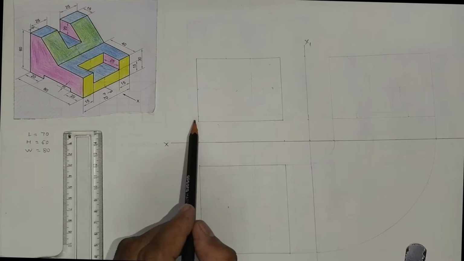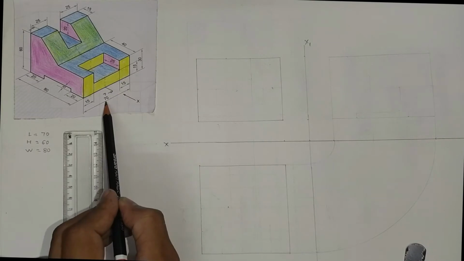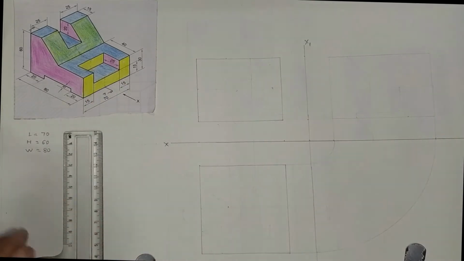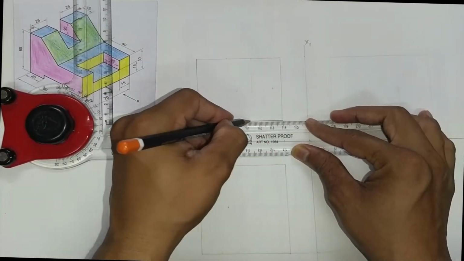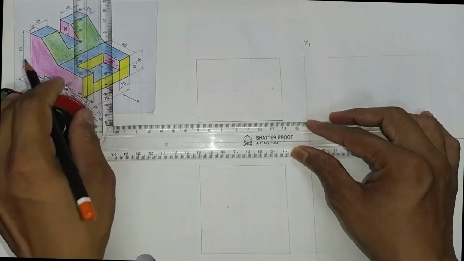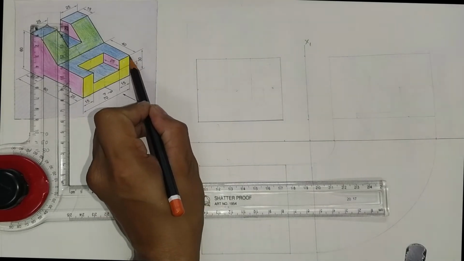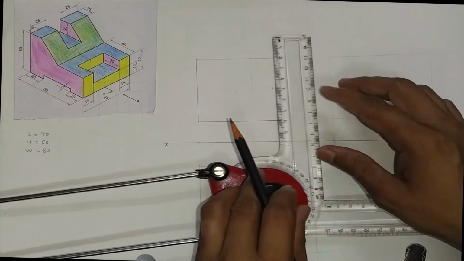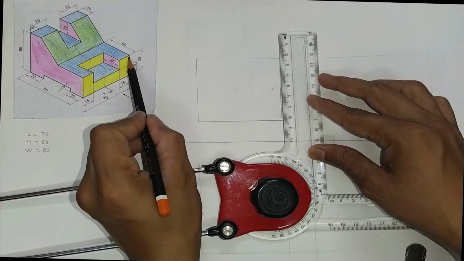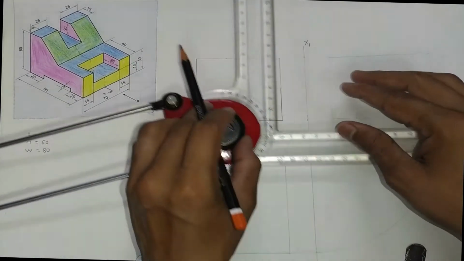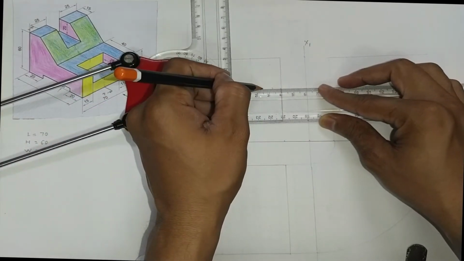This point represents the extreme left corner. So from this point we want to start. The total length is 70 mm, so first of all, draw a length of size 70 mm. Now after drawing this line, you will reach this point. Again, height is given. Height is 30 mm, so draw a height of size 30 mm. Again, this distance is given. This distance is 15 mm. So take a distance of size 15 mm.